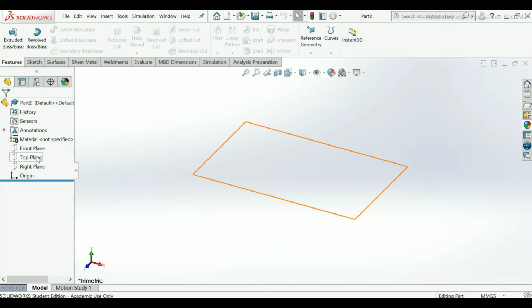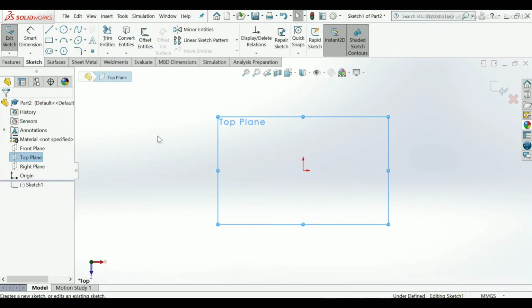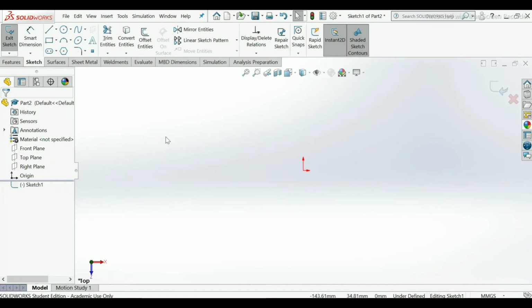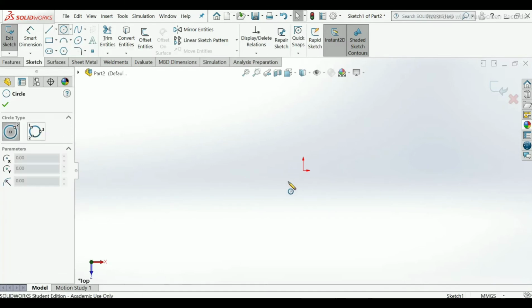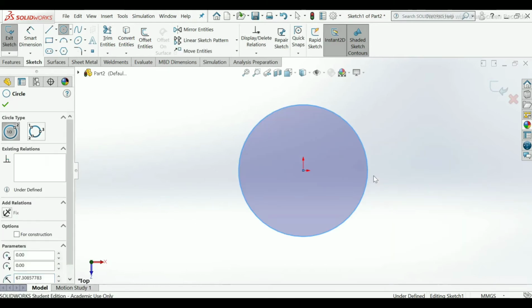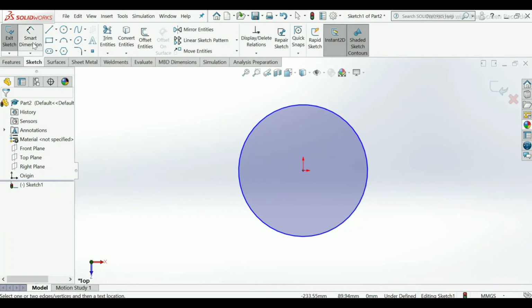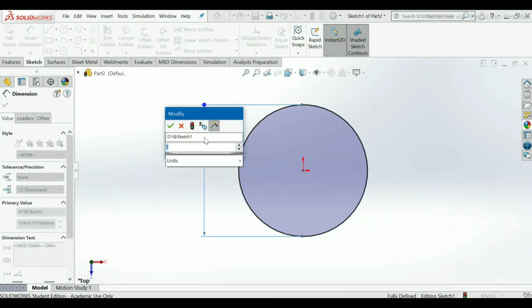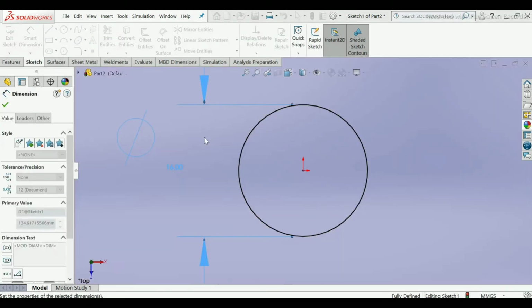To make it, go to top plane, sketch, choose circle, apply dimension, and make it 16 mm diameter.